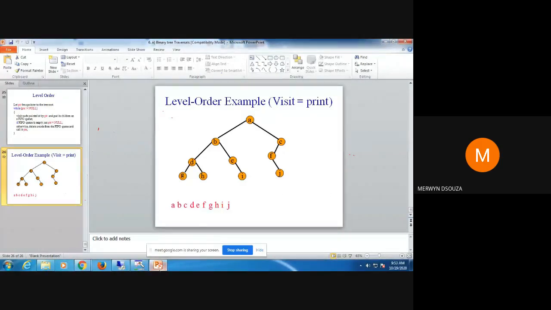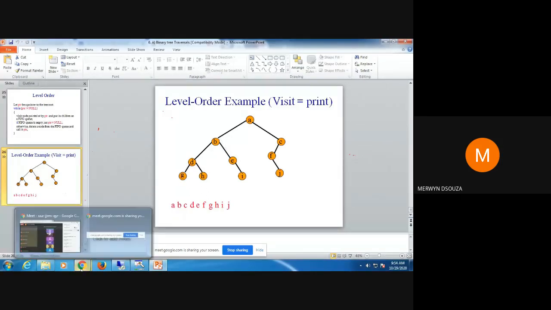So this is what has to do with the basics of binary trees. Before I switch to the next topic, for a revision, can you all type the answer of what you have understood as a binary tree? What is a binary tree?